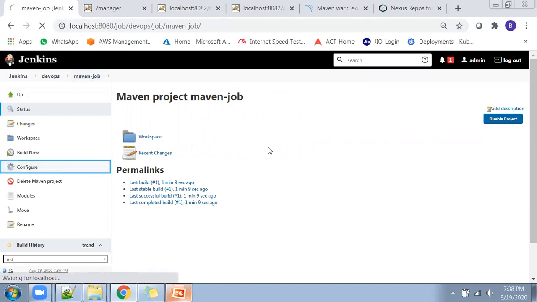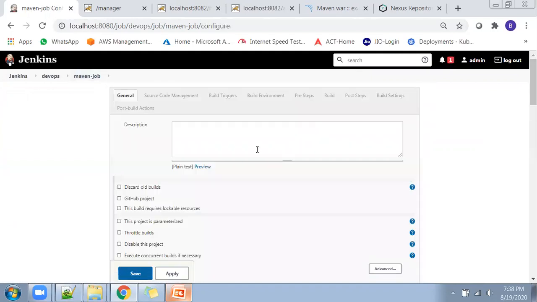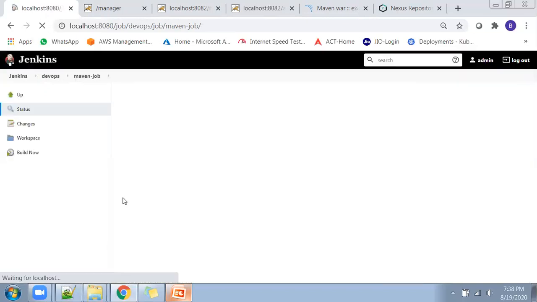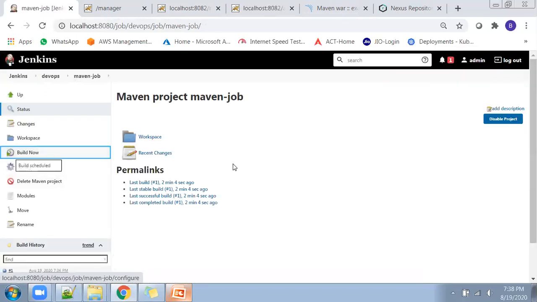So since we have implemented code, build, deploy, I wanted to enhance the facility. Like I wanted to add test, and the code scan, what we use is Sonar, so that Sonar, and then I wanted to deploy to Nexus. That means I will put Nexus. So this is what other goals I have added. I click on save and click on build now.